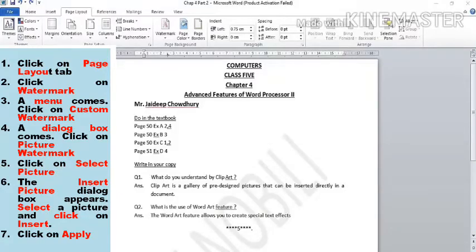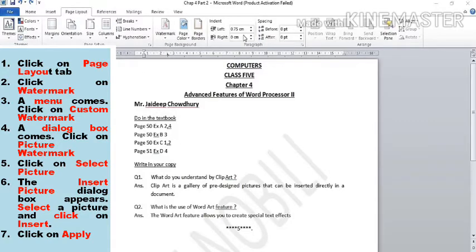Now, it is also possible to put a picture as a watermark. Picture, yes. Not only words, you can put a picture as your watermark. The next part of the video, I will show you how to put a picture as a watermark. Now, I will show you how to put a picture as a watermark. We have the same document here with the watermark De Nobly. Now, first of all, I will remove this watermark.